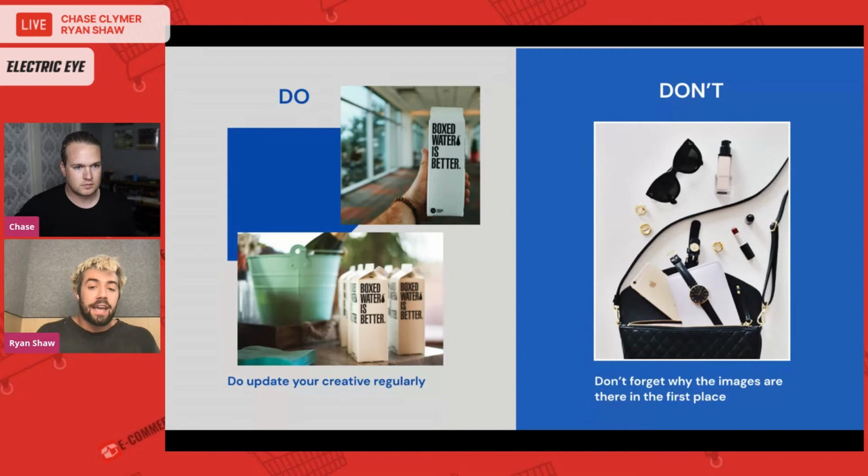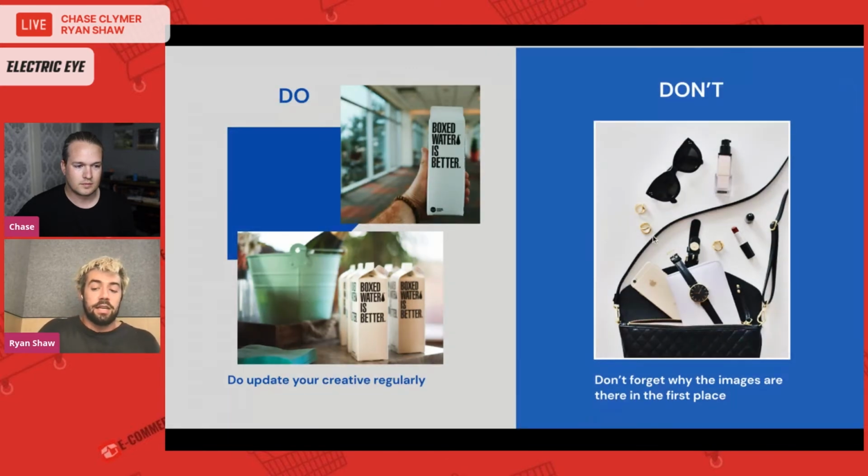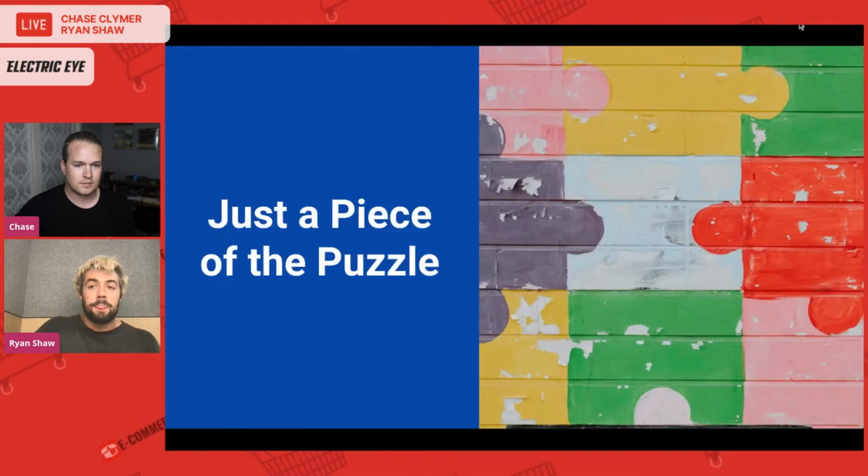And then don't forget to make clear what the images are there for in the first place. I use this imagery to say, I'm not really sure what I'm supposed to be looking at in this photo. So remember that you are advertising your brand and your product, and it needs to be clear in the video, in the image, what it is that you are advertising. Whether that's a specific call to action or highlighting, just make sure that your product and your brand is really in the forefront. Awesome.